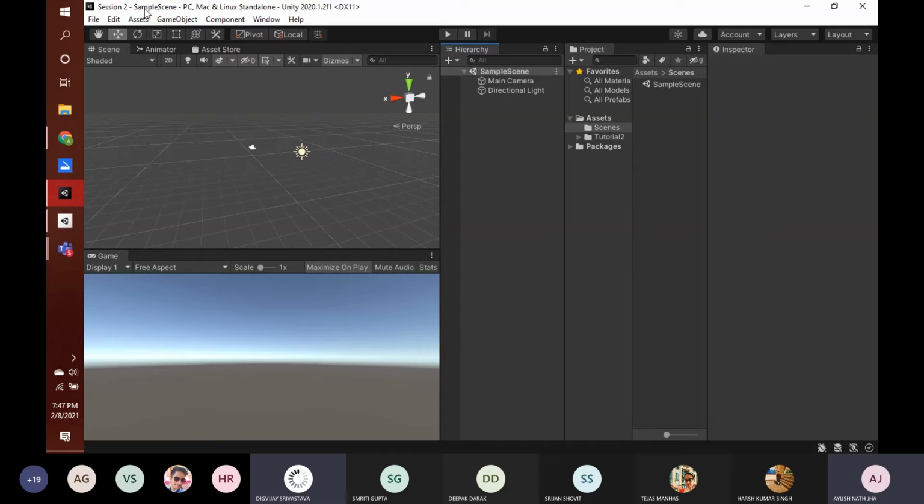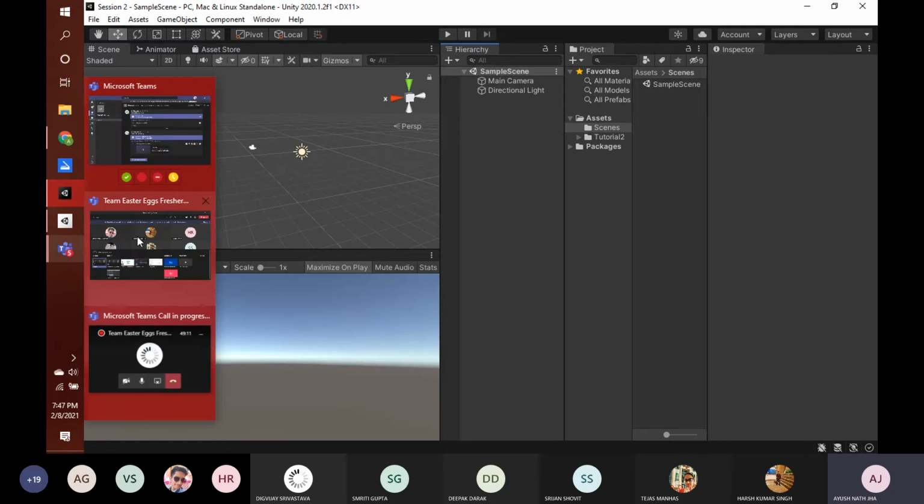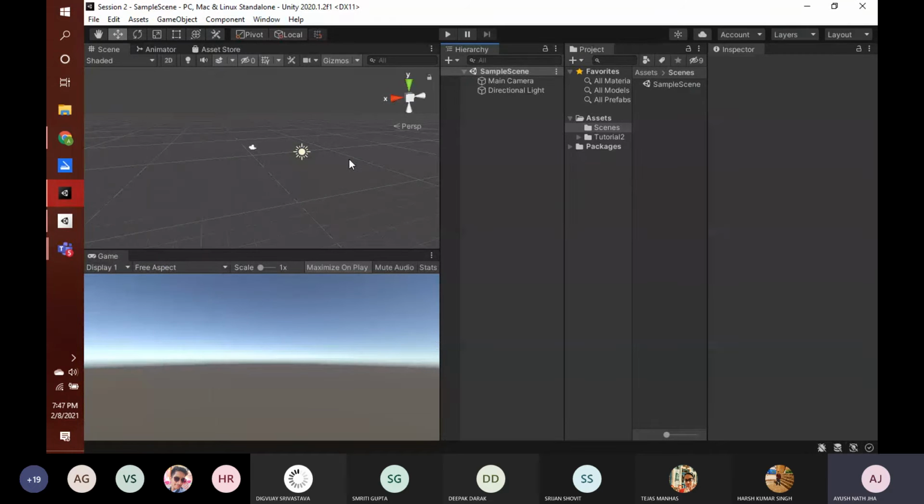Okay, so if you have opened Unity, your layout must be different from this one. Am I right? Your layout should be something where a screen is in the middle, and then you have options on the left and the right side.